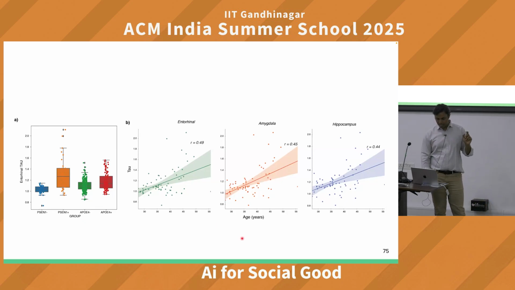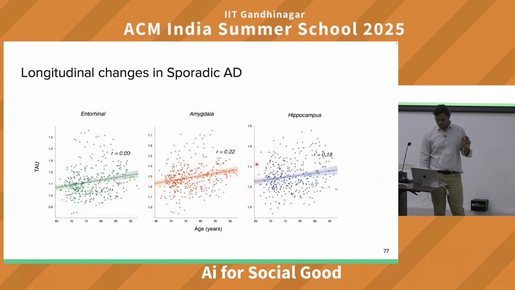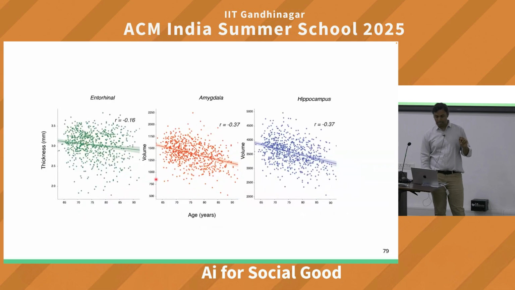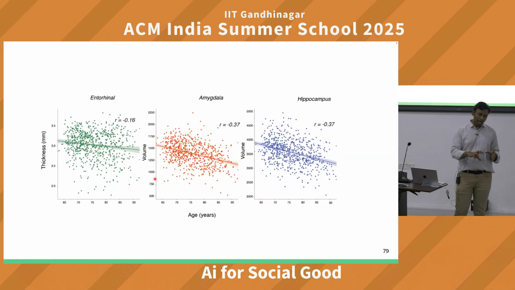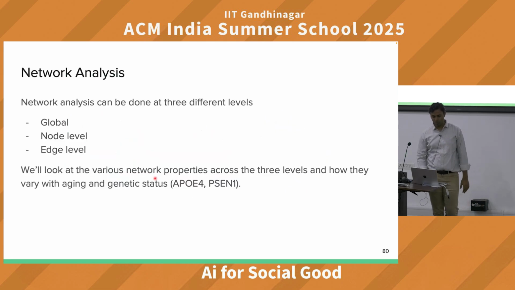So as age increases, the extent of tau, which is here in the x-axis, increases across different parts of the brain. You can read this. And brain thickness decreases. So आपका brain क्या है? As these proteins are coagulating, your cell is dying. The brain का जो thickness है वो कम होता जा रहा है. So it's a very strong form of a disease. मतलब हम चाहते हैं कि we have a cure for it.